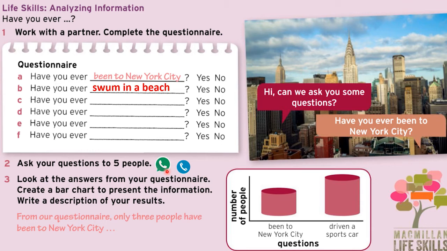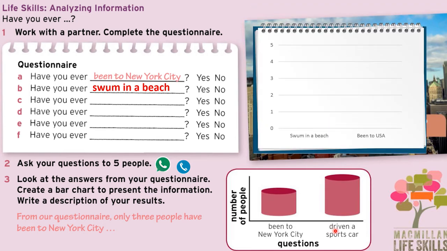All right, let's continue. Now that you have completed the questions and asked those questions to 5 different people, you're going to look at the answers from your questionnaire and create a bar chart to present the information. Depending on the results you got, you're going to draw a bar chart like this one. Here you're going to write the 5 activities that you wrote, and here it's going to be a scale from